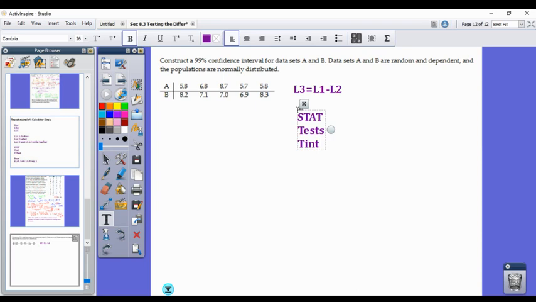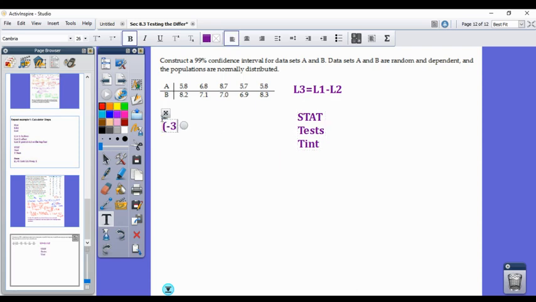So you're going to click data again, and your list is going to be list 3. Frequency, leave that as 1, and your confidence interval level is 0.99. Okay, so then after you have that, you're going to click calculate, and then it's going to give us